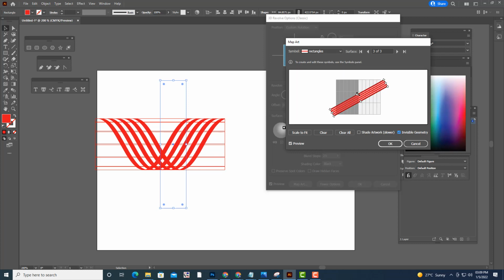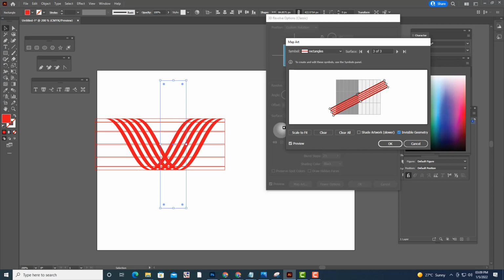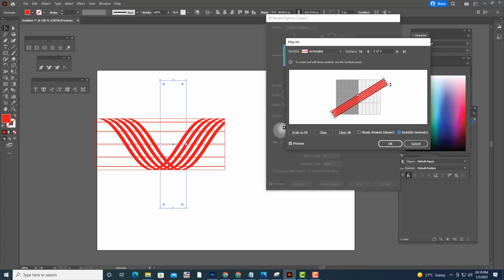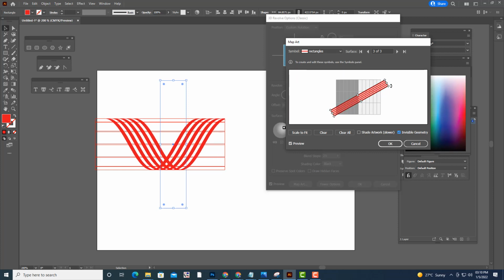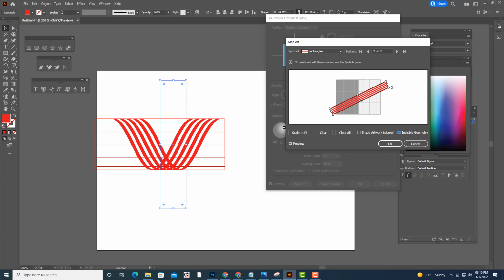Sir, before this you have created one pot and other things, no? That also we can add in the symbols library? That is not for symbols. That is only to create 3-dimensional objects just by using a path. That is a different thing. You check my recording again, and you will understand.